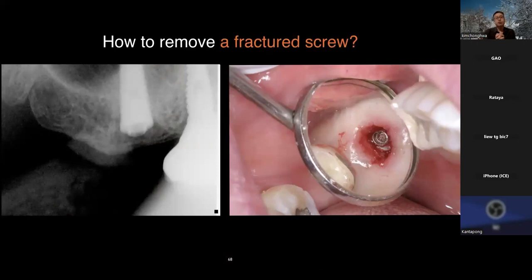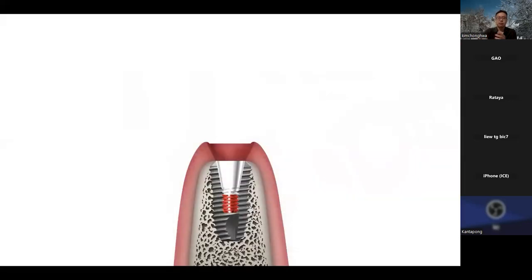What happens to a fractured screw? How do we get it out? I know a lot of times in a case like this, when a broken screw is remaining inside the implant, what you do is take any